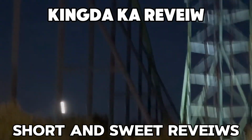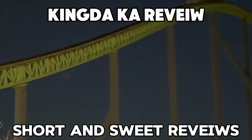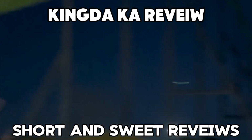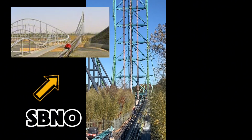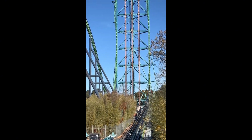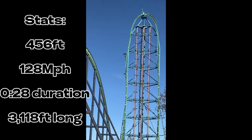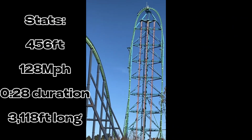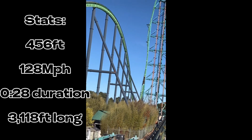Opened in 2005 as the world's tallest roller coaster, and it still has that record. It is also right now the world's fastest roller coaster because Formula Rosa is standing but not operating. It is 456 feet tall and 128 miles an hour. It also only has a duration of 28 seconds, but it has a track length of